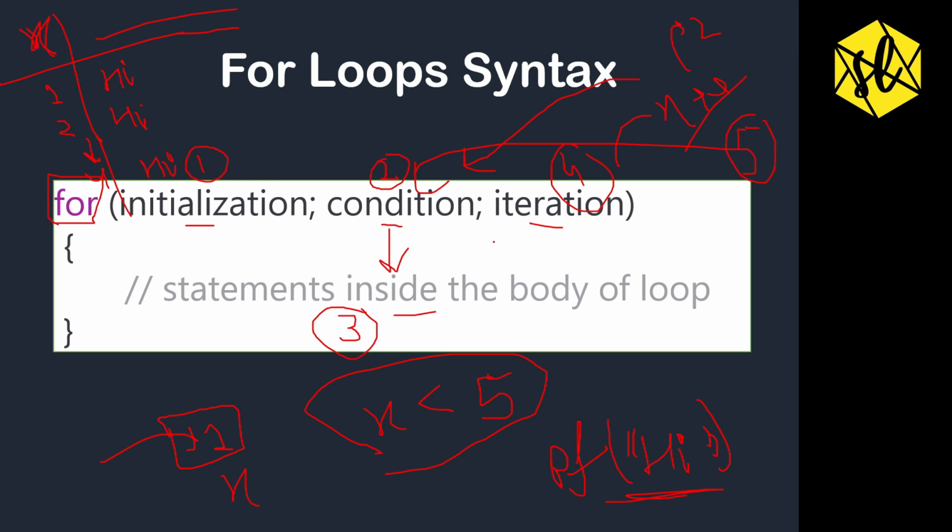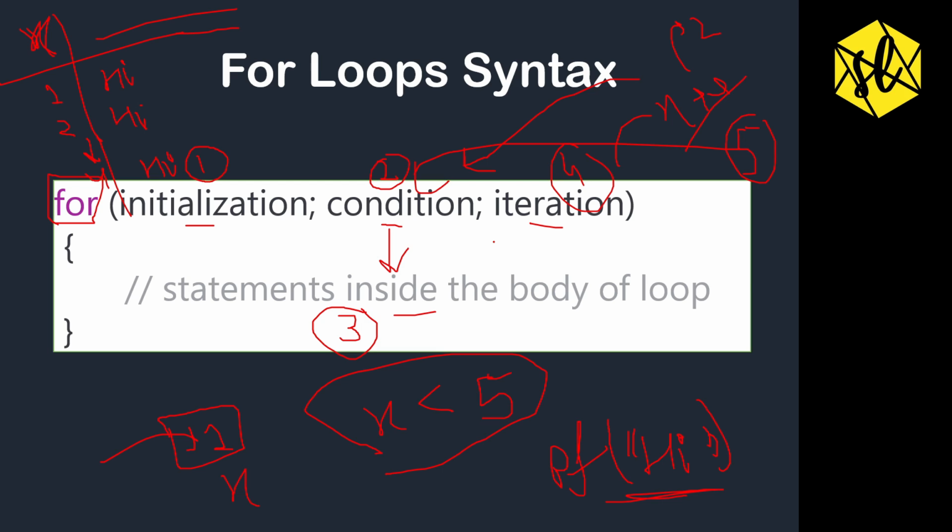So now let's wrap up this video with a little revision about for loop. Basically for loop has four parts. First one being initialization, second condition, third statement, and fourth iteration. In the initialization part, a variable is declared and a value is initialized that is stored in that variable. In the condition part, that variable is checked if it satisfies that condition or not.